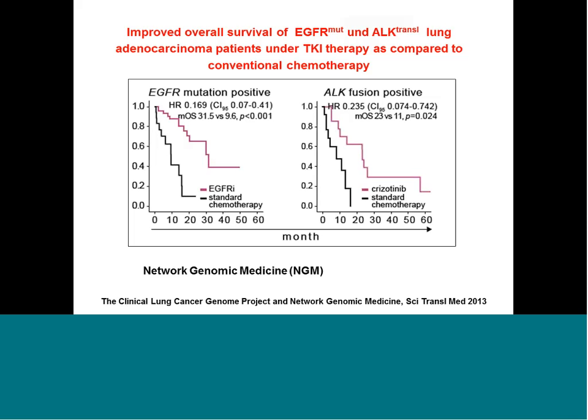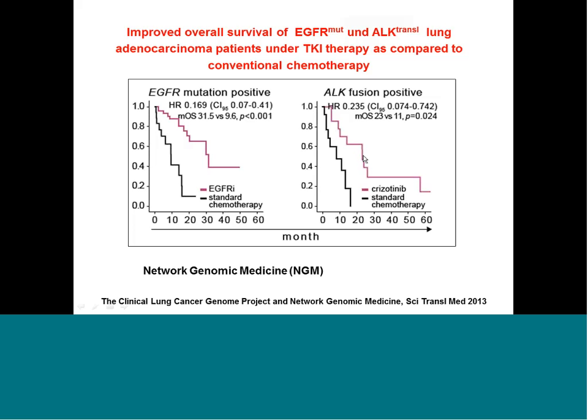However, we have retrospectively analyzed, in our very large consortium around the Cologne area in Germany, those patients with EGFR mutations that did not receive a TKI and those that did receive a TKI. And you can see that there's a massive difference in overall survival of 2 years, so you triple survival of these patients. And even in second line, still there is 1 year to gain.